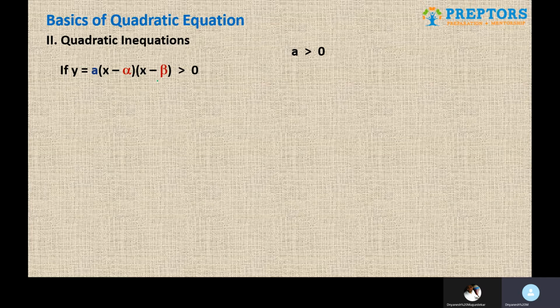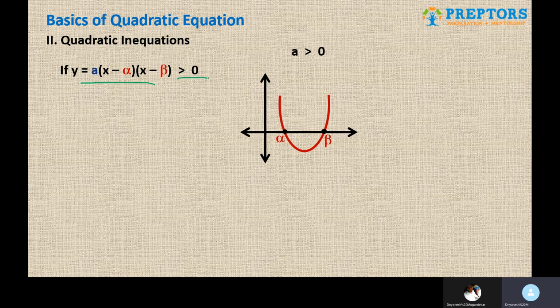Obviously the parabola will be a standard U-shaped parabola, something like this. Alpha and beta are the roots of the equation. Once you do all of this, basically the point is, whatever is your quadratic equation, you need to get it in this form, factorized form. You need to look at the sign of the inequation as well, okay? And then alpha and beta are your roots, which you will get after factorization, or formula method for that matter.